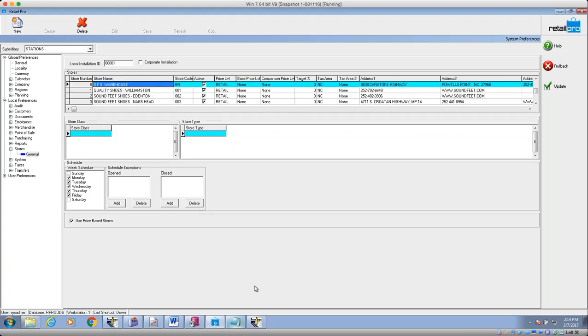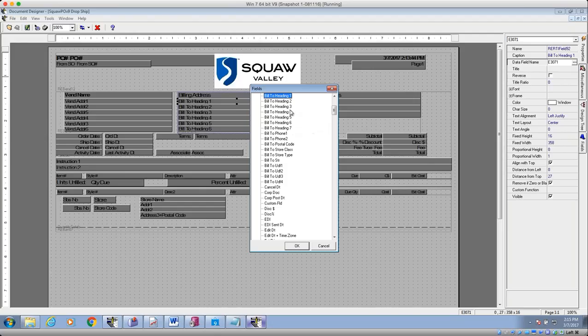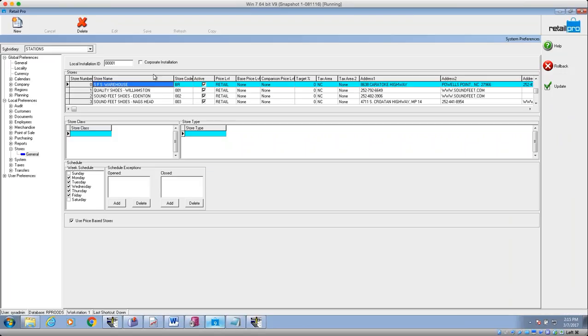So it just lists all those out on all the doc designs, not just POs. It just literally goes and lists all those out. So you see there's 7, they call them 1 through 7 here, but in fact, in System Preferences, awkwardly, it's store name, and then 2 is actually 1, just to make your head really swim and be